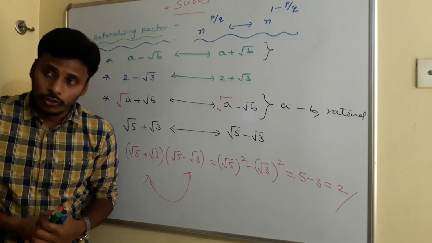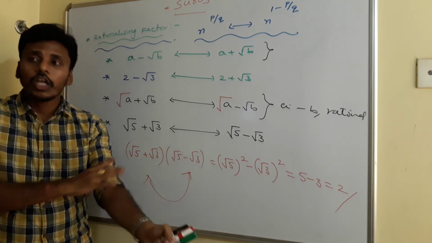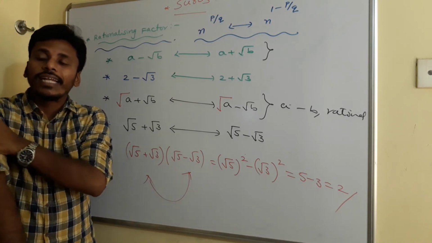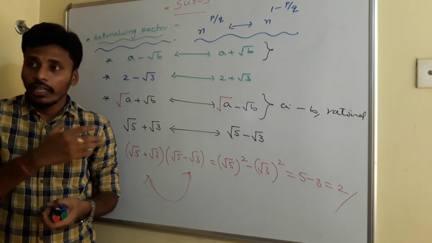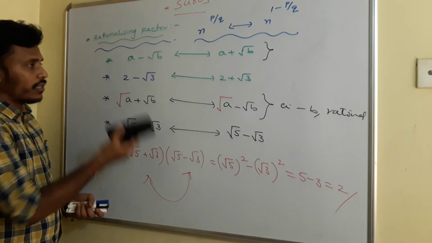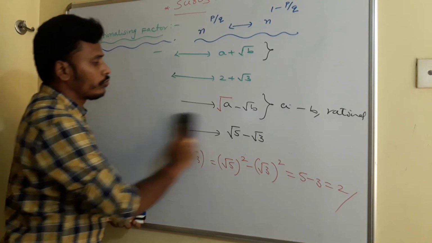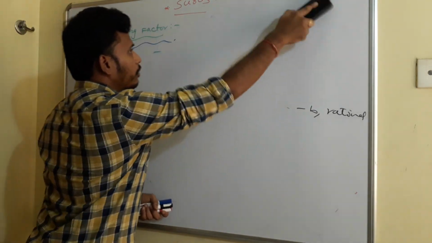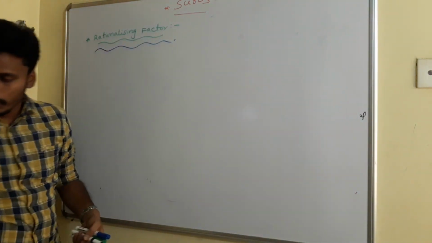And suppose a binomial set is involved, but with the cube term, with the third order set involved, then you need to get the help of the a cube minus b cube formula. Okay, I will give you one such problem. Just observe here. See, I am erasing this. You need to memorize all these things. If you have a screenshot now, then that's very clear. But I am erasing. From the next time onwards, I will give you some space to get these screenshots.